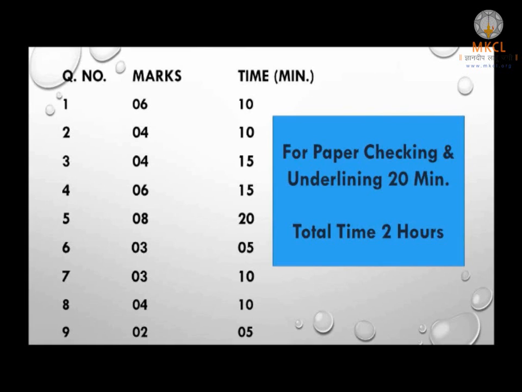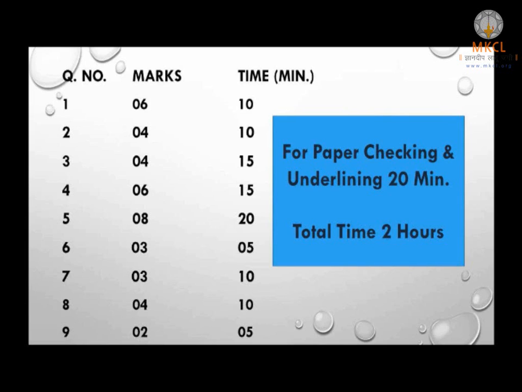Otherwise, it is said, Prathamagrase makshika pataha. And first impression is always the last impression. So your first page should be the best, isn't it? So take 10 minutes to solve this question. Now, second question, marks 4. But since it is a brief answer question, you can devote 10 minutes for this second question.